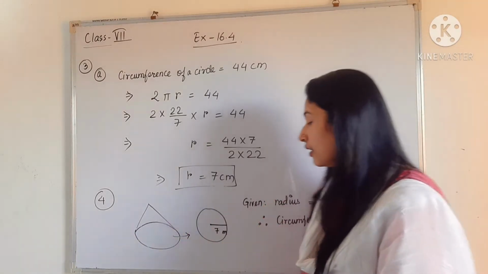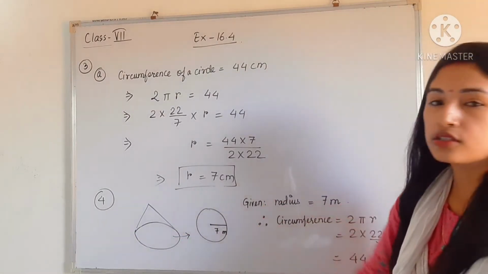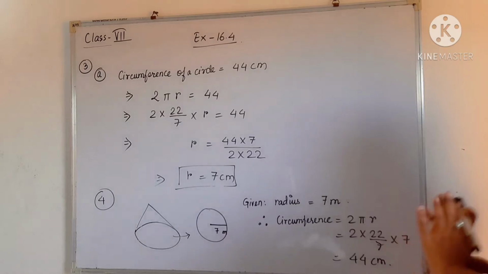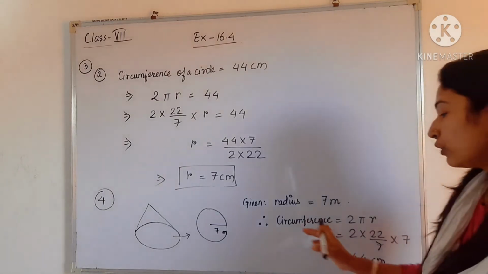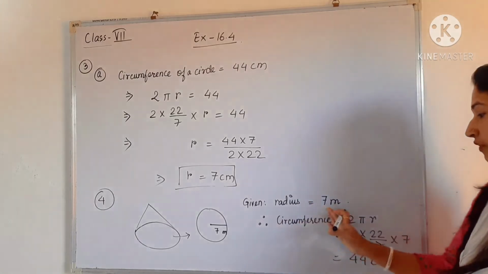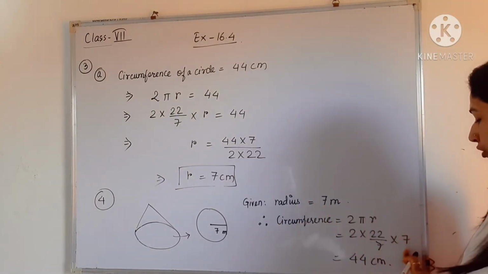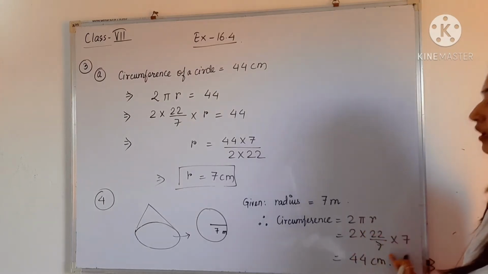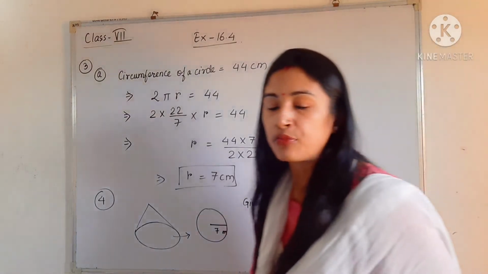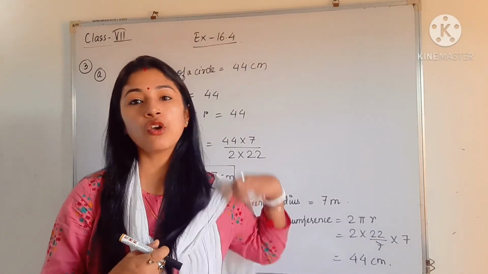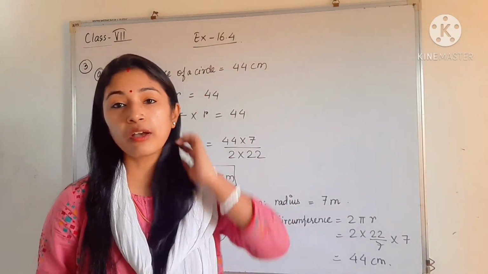Okay, and this circle has radius equal to 7 meter. So here given is radius equal to 7 meter, and we need to find the circumference. So we know the formula of circumference, 2 pi r. So here we can easily put the value of r, that will be 7. Okay, so in place of pi, here also I am putting 22 by 7. See, whenever you do calculation, you will get the idea. Okay, where you have to put 3.14 and where you have to put 22 by 7.